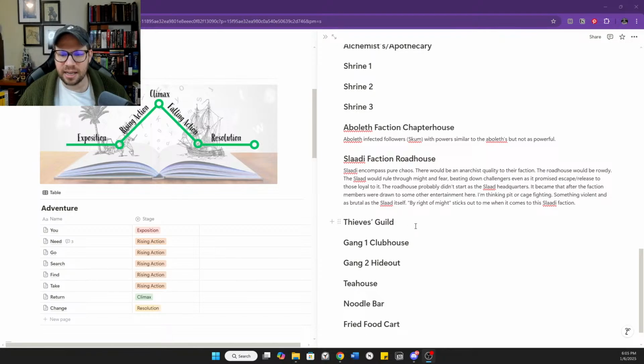We decided that since the government of Darkport is kind of like a feudal gangland enterprise, right?